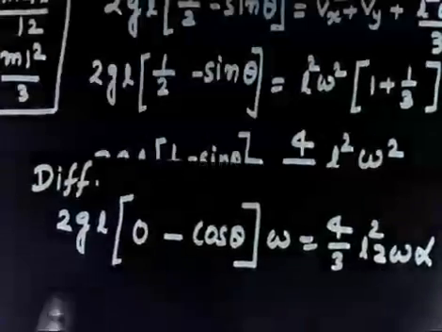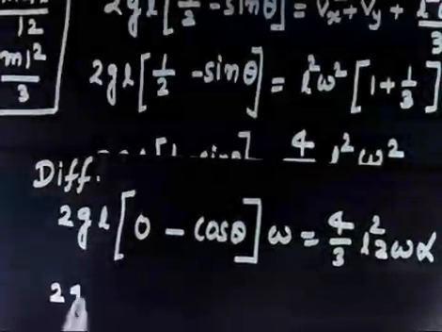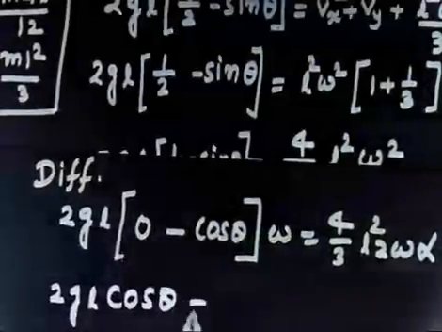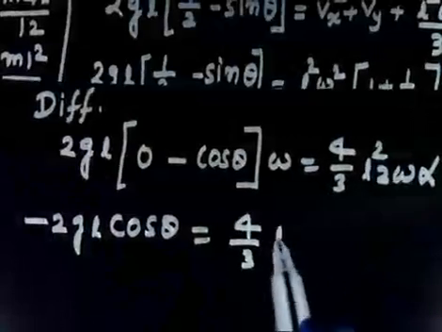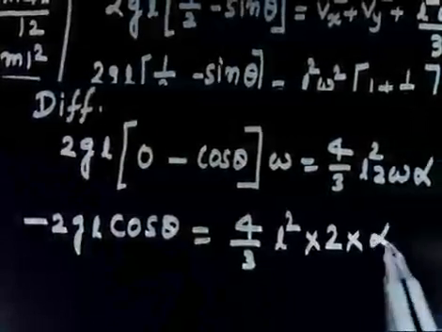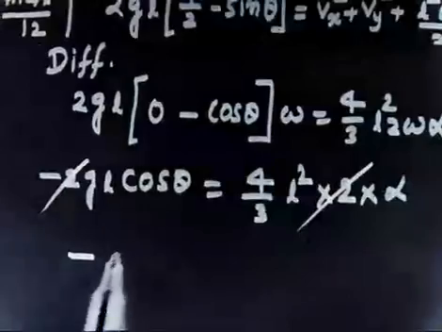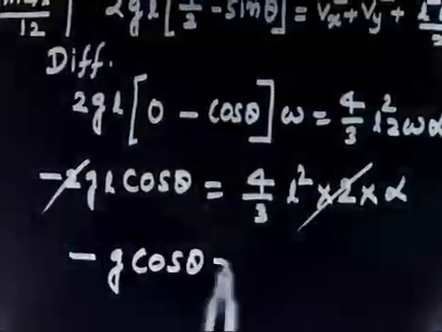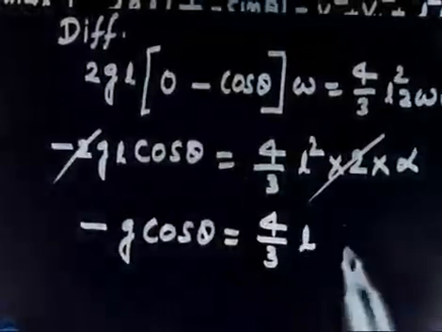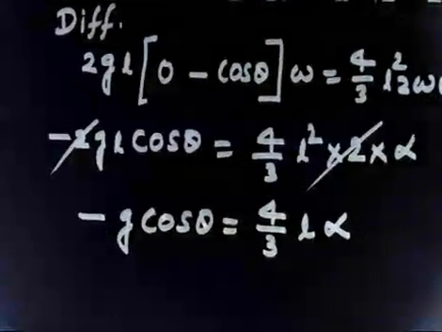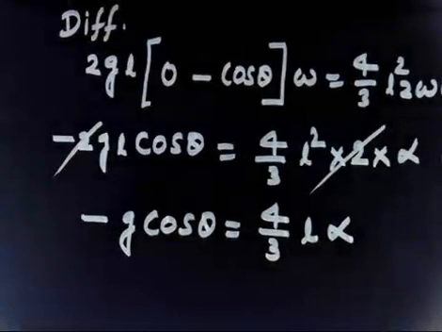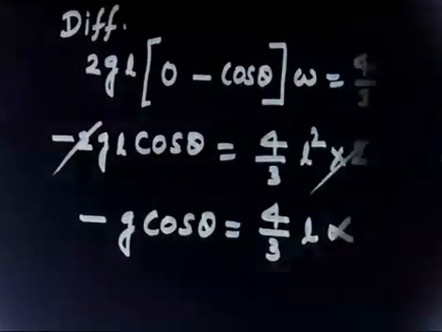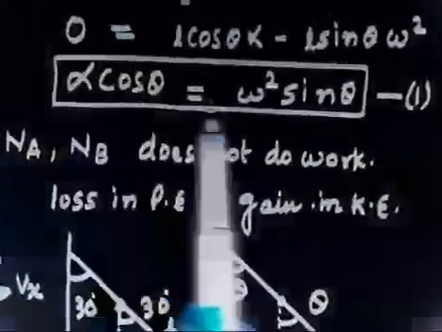So if you plug these values, you will have 2gl cos theta, omega goes out with a minus sign, so you will have 4 by 3 L square into 2 into alpha. So this 2 goes, L also goes, so you will have minus g cos theta is equal to 4 by 3 L into alpha. Now you plug the value of alpha in the previous equation, so you have this equation for the normal reaction in terms of alpha. So if you plug the value of alpha from this equation,